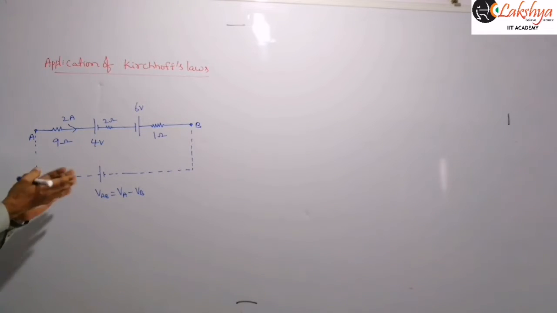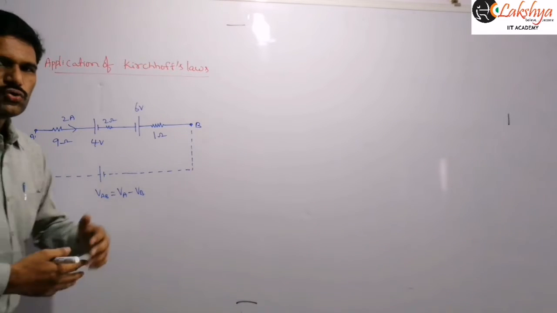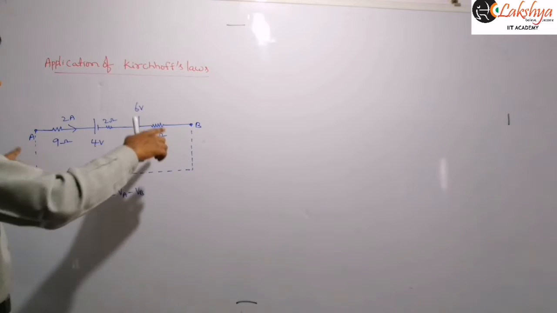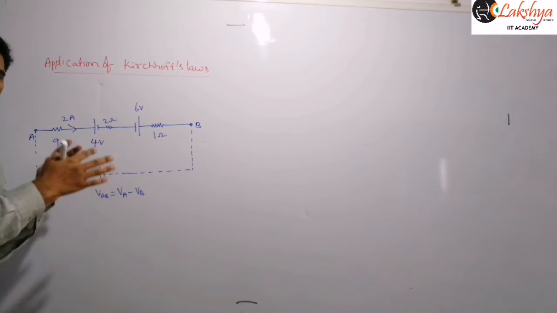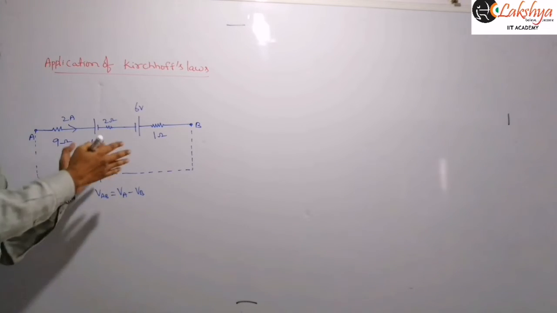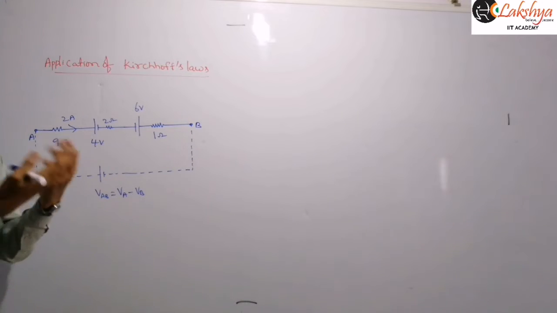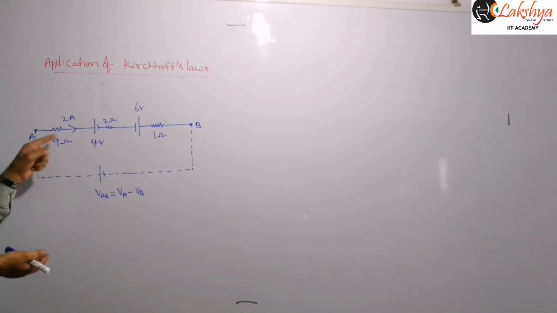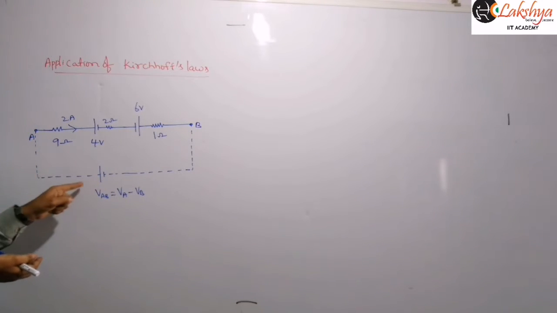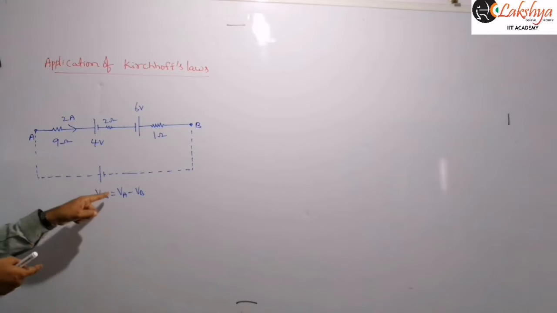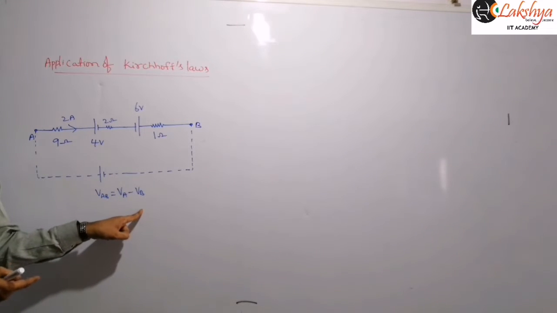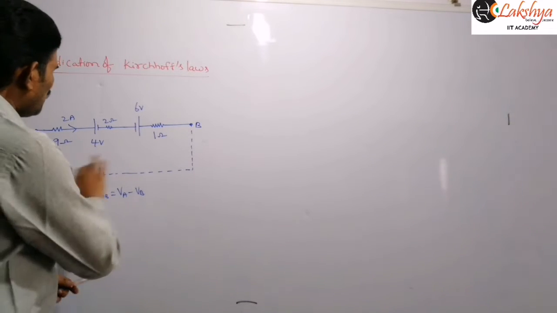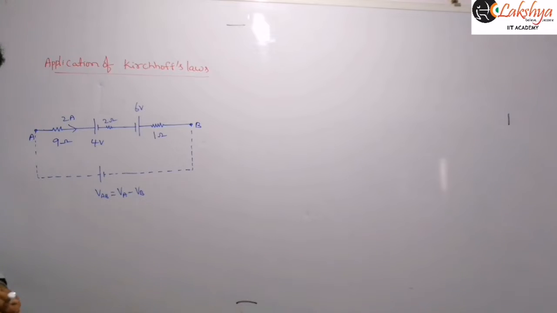So that means when such a branch of circuits is given, you can assume that a battery is connected between those two terminals whose EMF is equal to the potential difference between those 2 points. That means our required value. And here we are assuming this point is connected to the positive terminal, means we are finding the VA minus VB value. Got it? And now you can apply the Kirchhoff law because it is a closed loop. We can apply the Kirchhoff law.